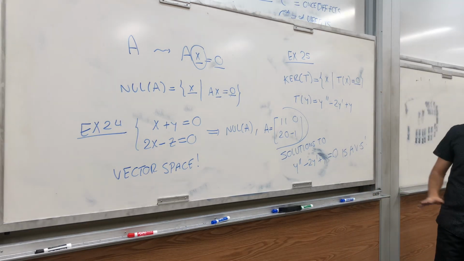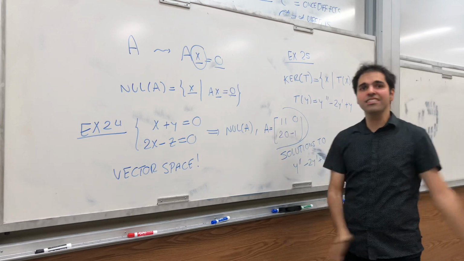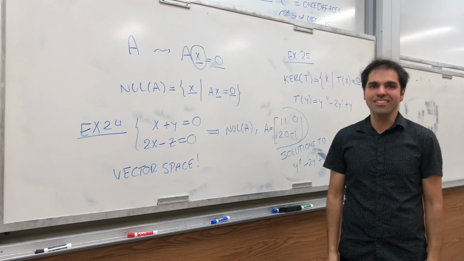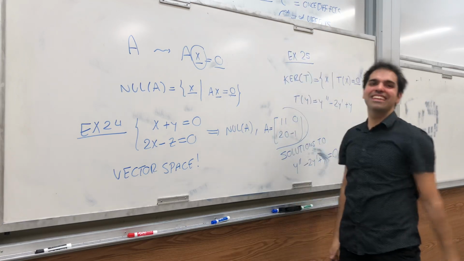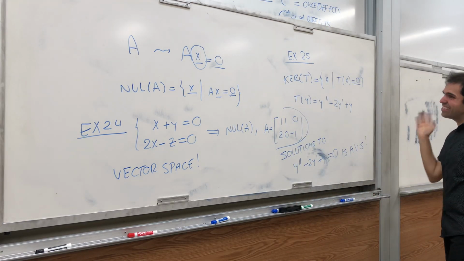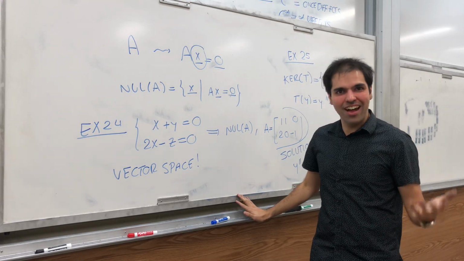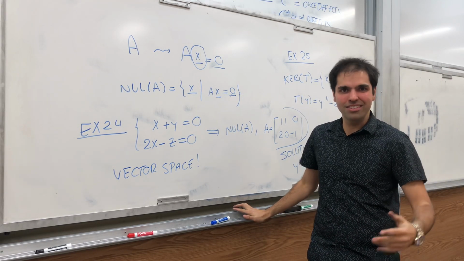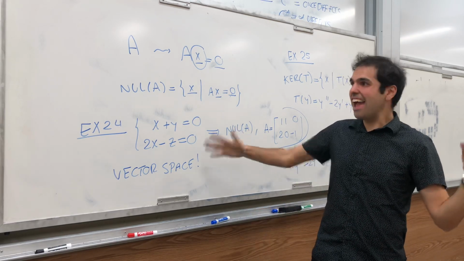So that was one example, and I realize there's another one if you're interested. If you just take the set of all linear transformations, that's also a vector space. So just to show you they're everywhere. And that's why linear algebra is such a rich subject, because we can say everything about everything. So that's neat. All right, I hope you like this